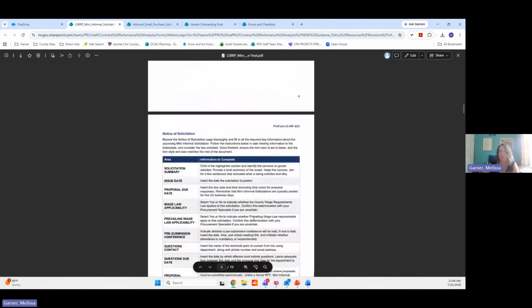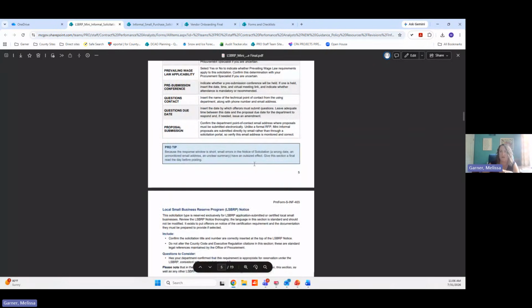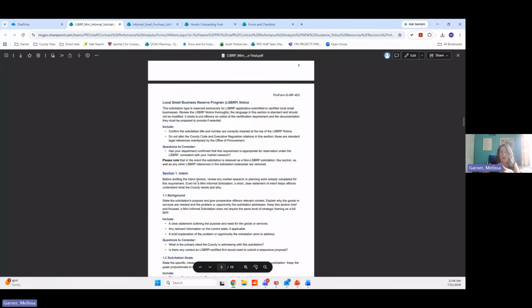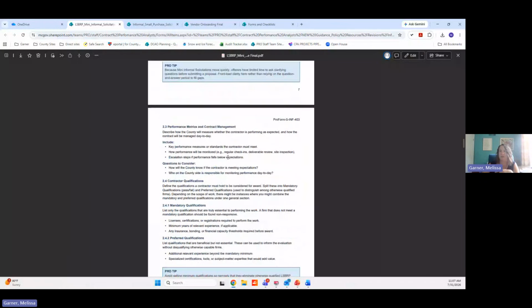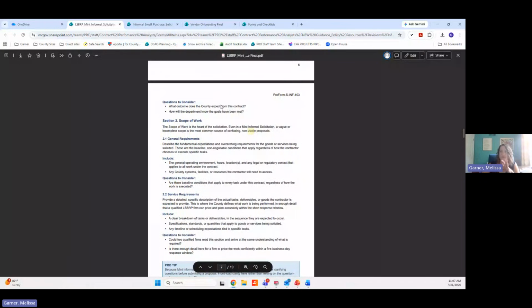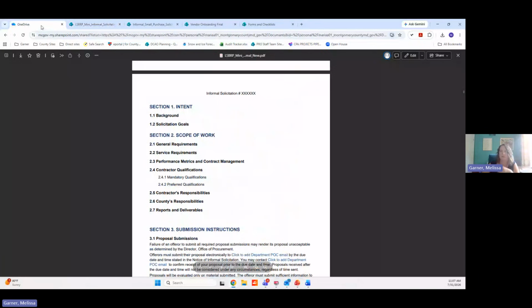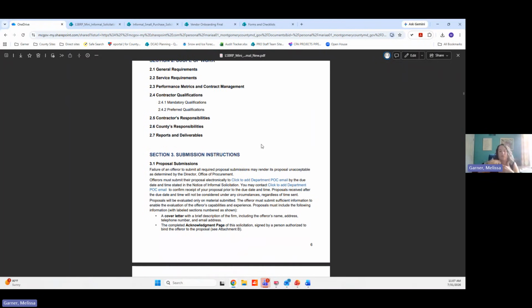So we give you general information at the front end of the guide, all the information about local small business, etc. But then when it comes to getting into the scope of work and everything, you can walk through one thing at a time. And that should help you build out your solicitation. So we tried to structure it with similar sections in the similar orders. Again, obviously informals have a little bit of a